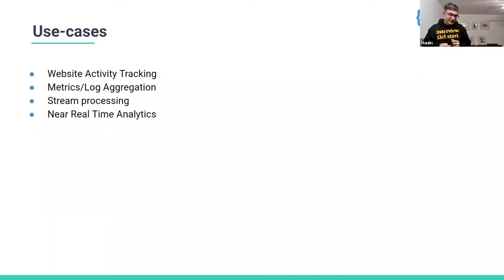For example, you could use the login data for users or payments activity on your website for fraud detection in near real time. Within minutes you can make a decision instead of waiting for a day, where the risk and the stakes are high, because if you detect a fraud after a day, it's going to cost you a lot more money than if you detect the fraud within a couple of minutes or maybe half an hour.